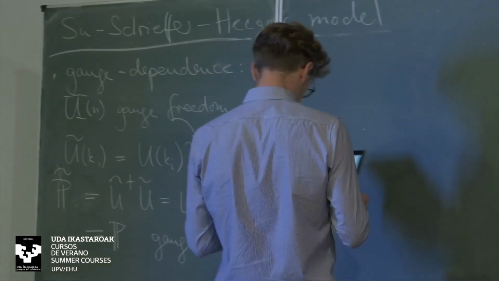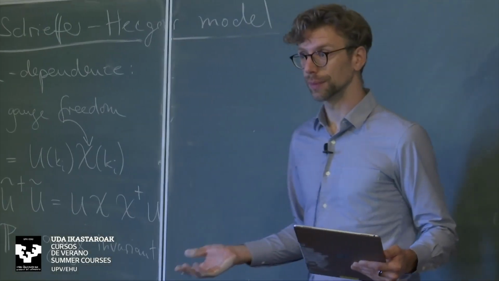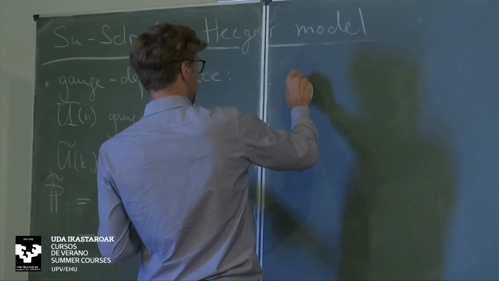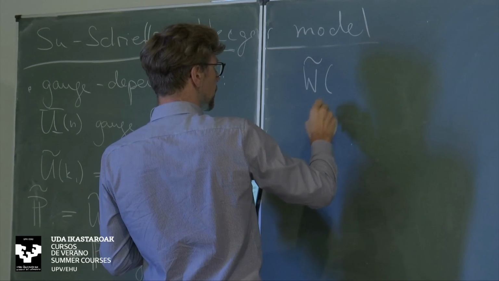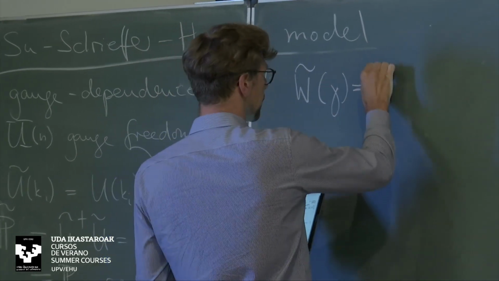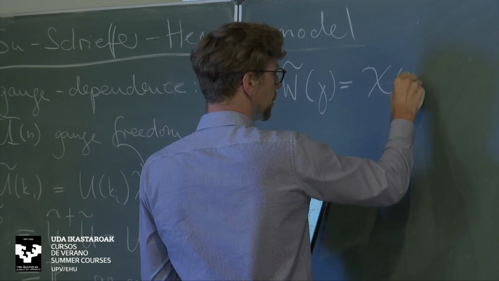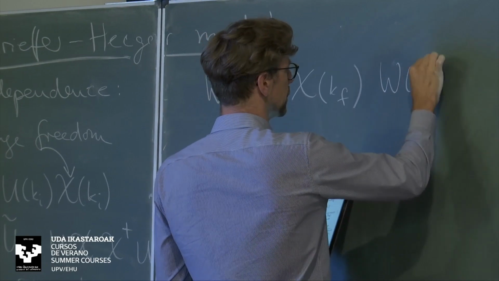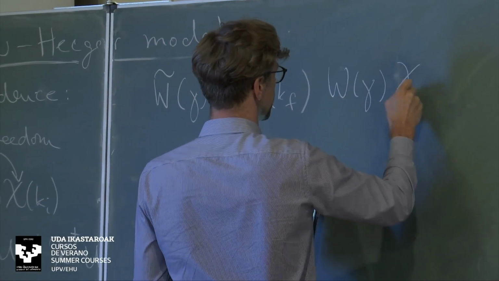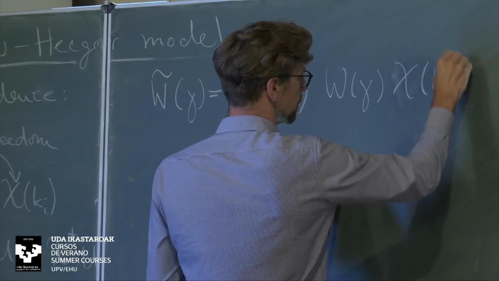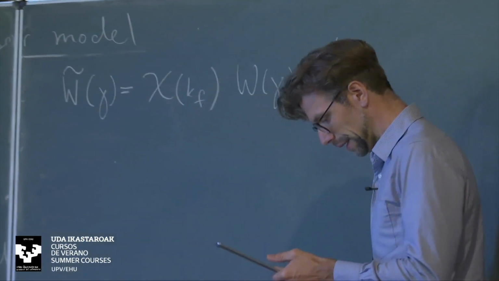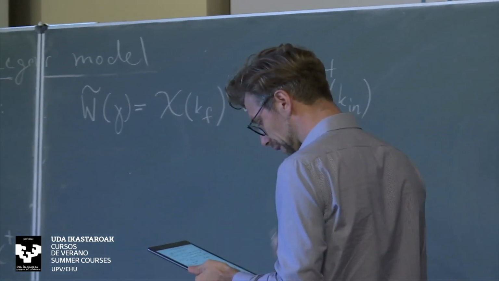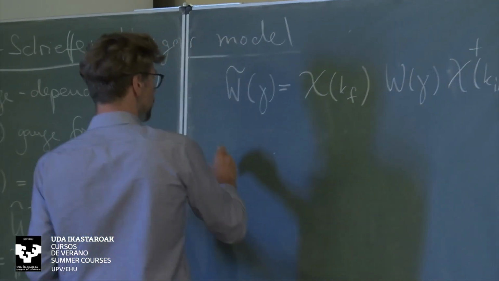So what would be the gauge transformation of the Wilson loop then? It can only come from the two end states, right? So W tilde of gamma must be chi of k final times W of gamma times chi dagger of k initial. Okay, so that's still not very satisfying. To get something that's more useful,